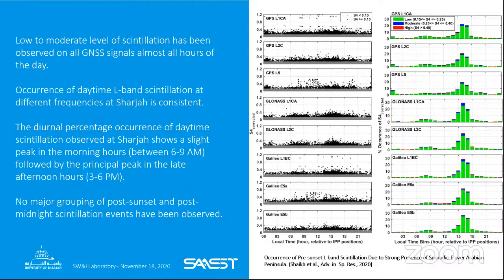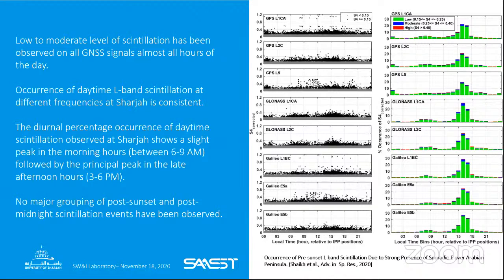understand if the scintillation occurs in low solar activity, because when we installed the receiver, it was 2018 autumn, and since then we are receiving the data. So we want to make sure that in low solar activity, when we installed the receiver, whether we see scintillation, whether there are some patches in the ionosphere. Number two, we would like to understand at what time of the day they are severe, and what are the main patterns that we can expect from our region, so that we can benchmark this information as